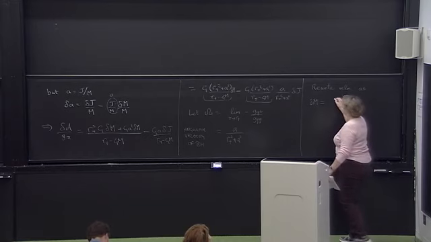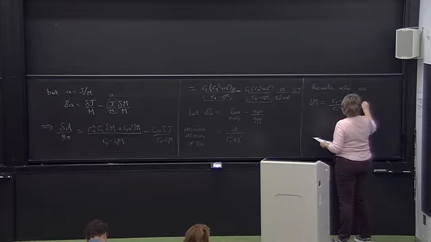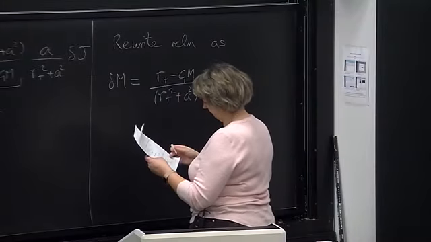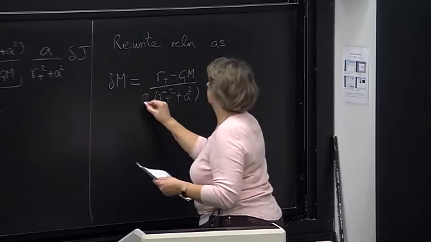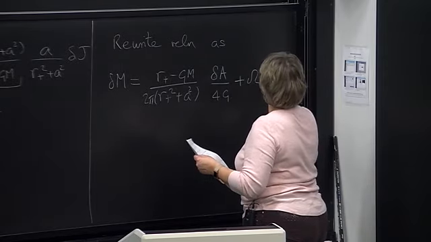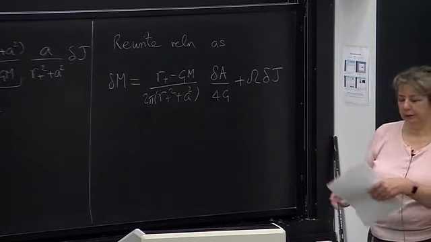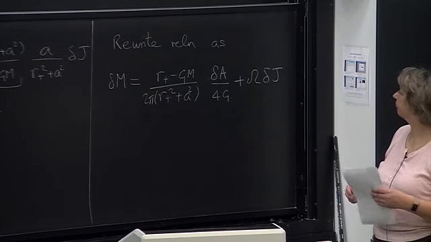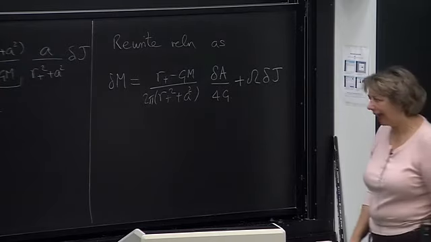Well, that's equal to r plus minus gm over r plus squared plus a squared. So I've kind of grouped things together suggestively. And I want to compare this